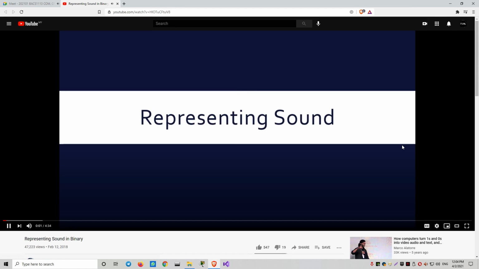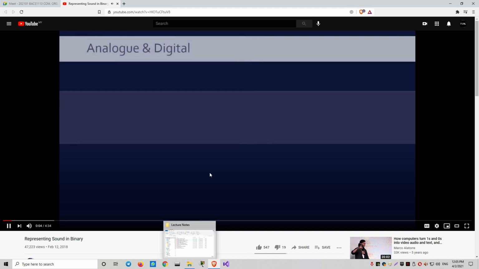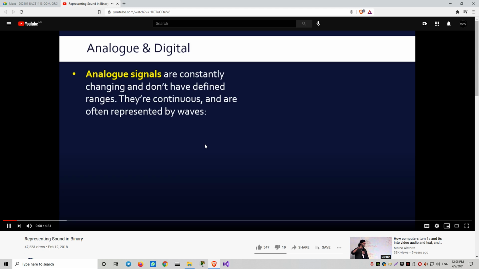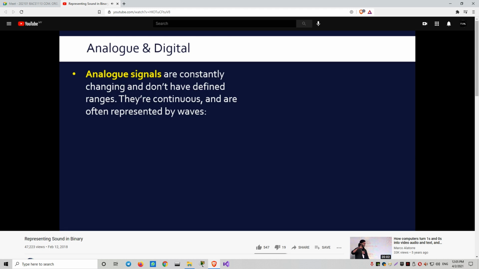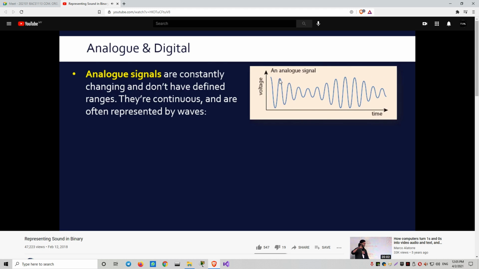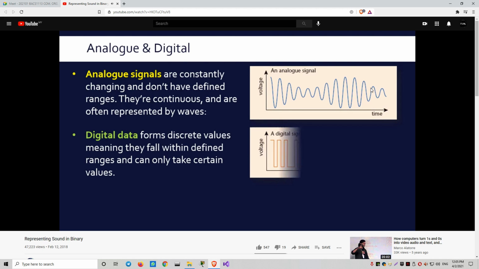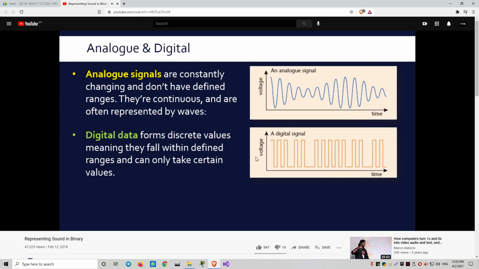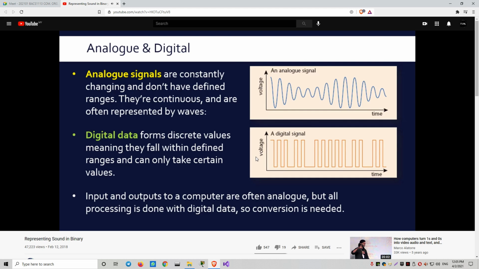Let's now look at how sound is represented in binary, and we could have done this before, but let's first talk about the difference between analog and digital data. So analog signals, waves, data, whatever, are constantly changing and we don't have defined ranges. So basically, they're naturally occurring signals like sound, like just light, pressure and so on. And they're often represented by waves because they're continuous. And we can't deal with analog signals, we have to deal with digital data. So this is where data forms discrete values, so they always fall within defined ranges and at set values within these ranges. So we need to basically, because the computer can only deal with digital data, we need to convert from analog, which is usually what an input and an output is, so there needs to be some conversion in